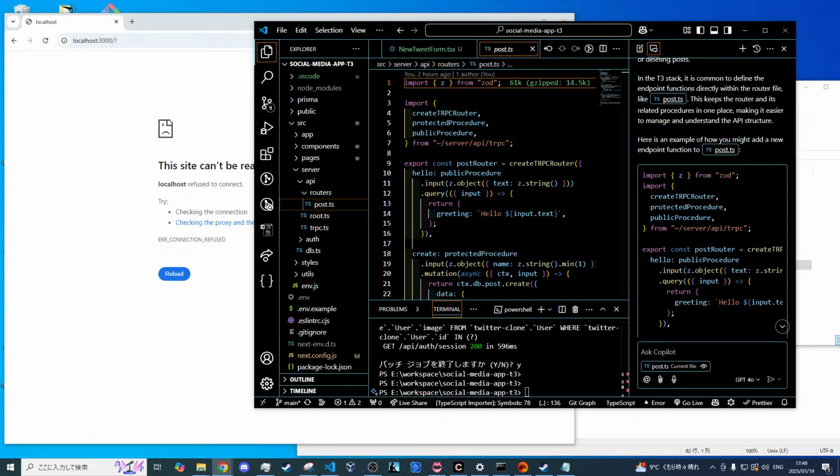remove all these different procedures. We don't need any of these. What we want to do is be able